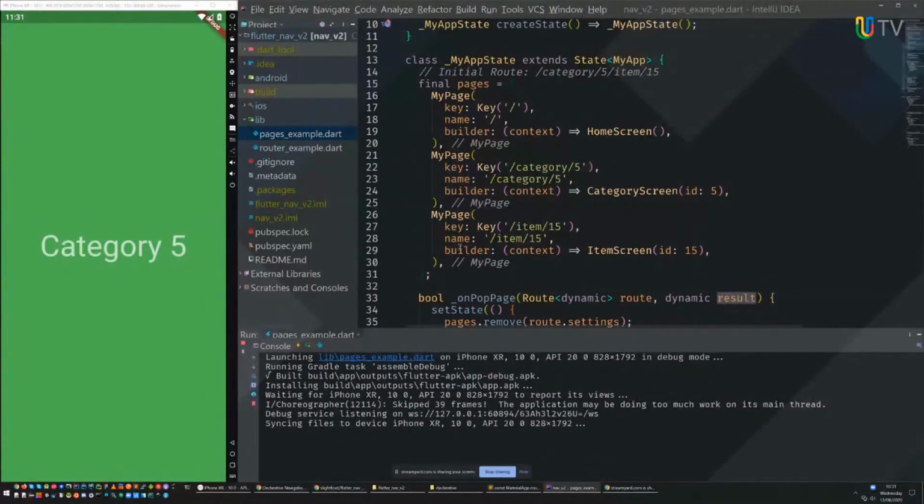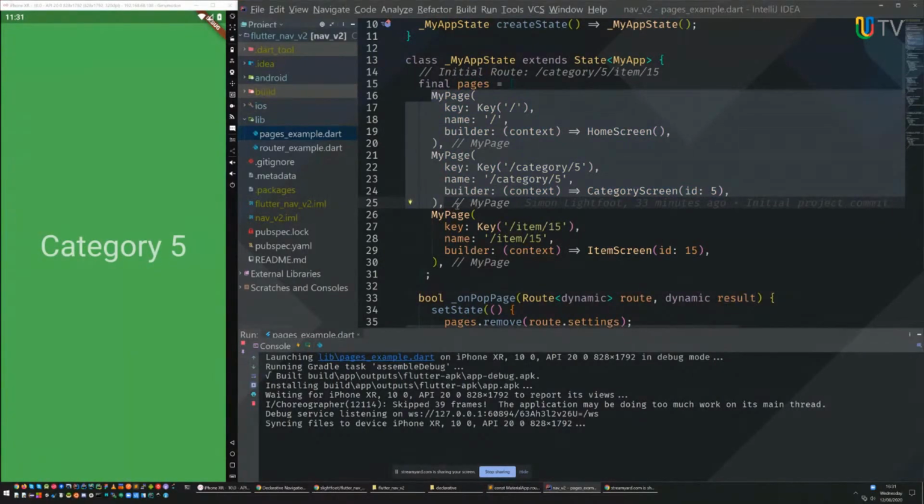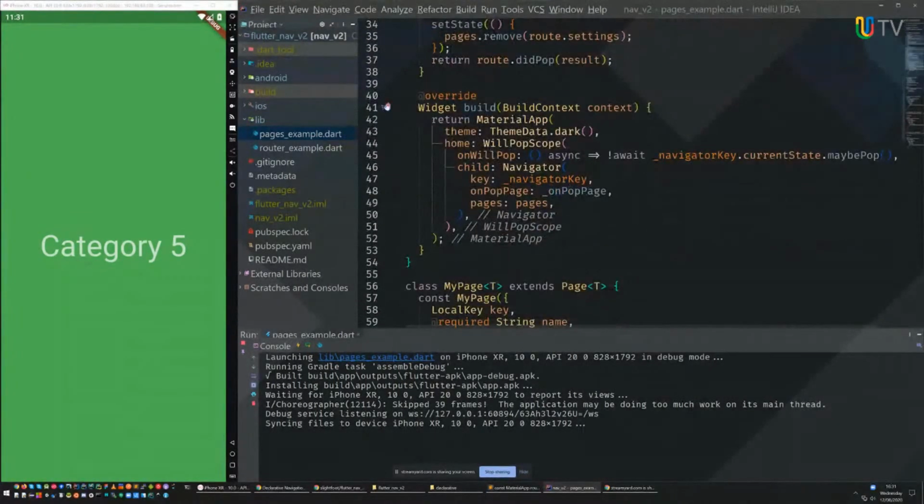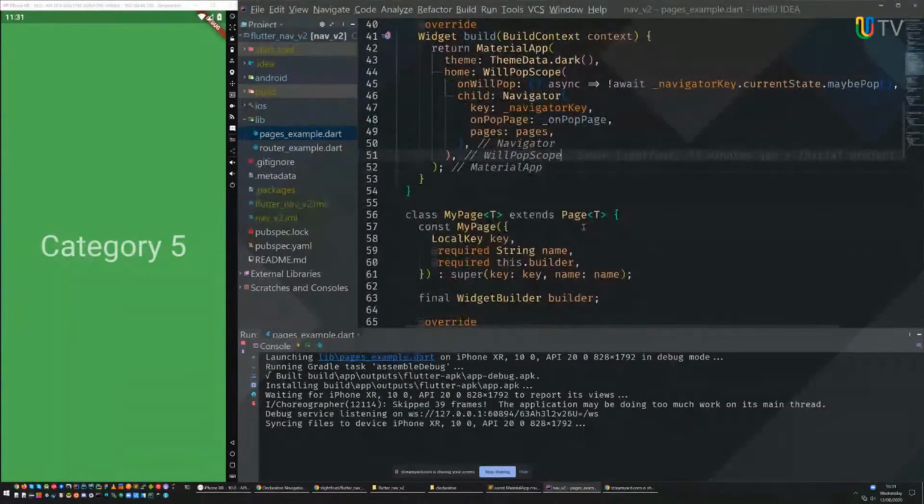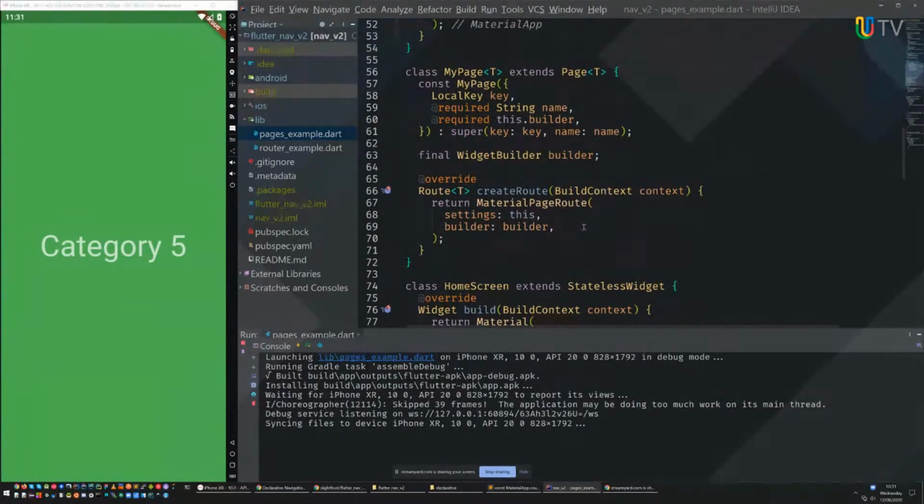And because we've removed this and we called setState, we're now left with these two pages alone in this array. So when the widget gets rebuilt, pages will only have those two items in it. And again, I can hit back again, and we're back to the home screen. Simple enough.